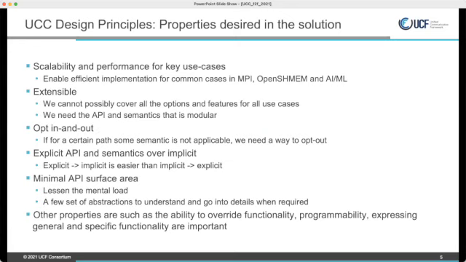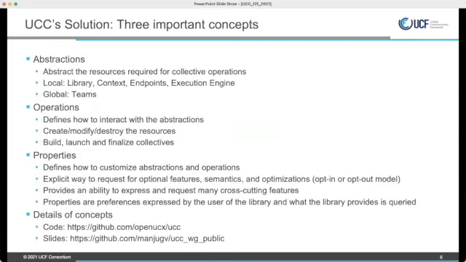And we strive very hard to make the semantics as explicit as possible. Whenever we can, we move away from implicit to explicit. With all these properties, some of them competing, we are still keeping the APIs fairly small, because it helps to program with UCC. So we are hoping that UCC hits many of these points.